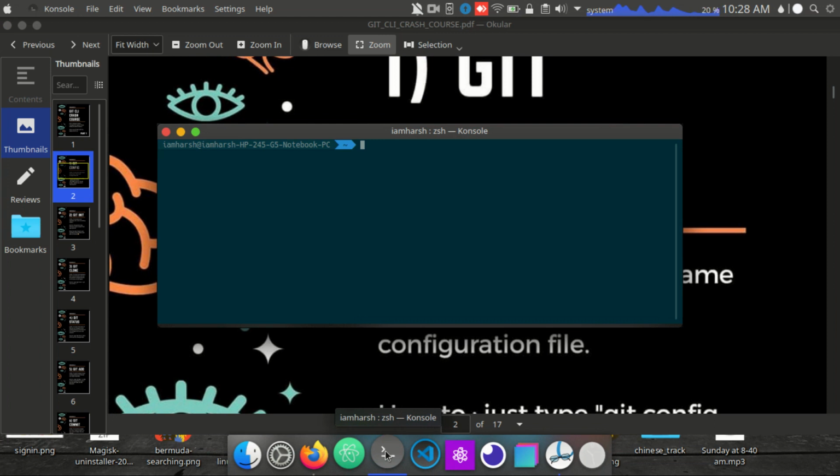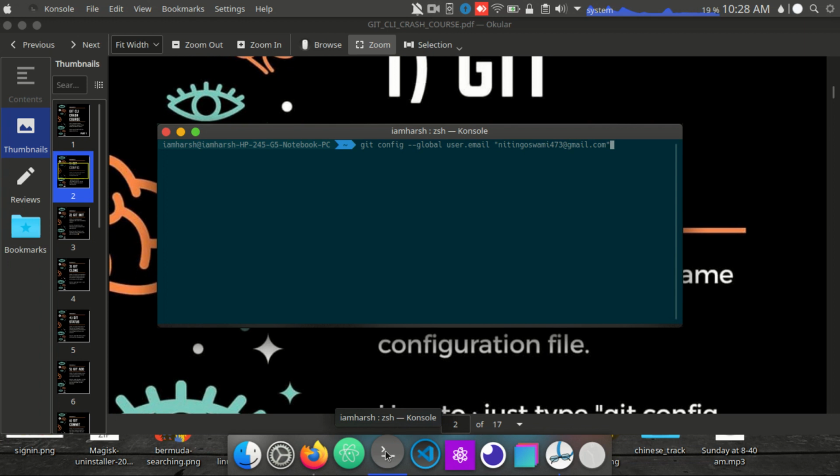First you do git config --global user.email, then a space and double quotes and give your email, whatever your GitHub email is. You have to have a GitHub account, so just create one. It's free to make an account on GitHub.